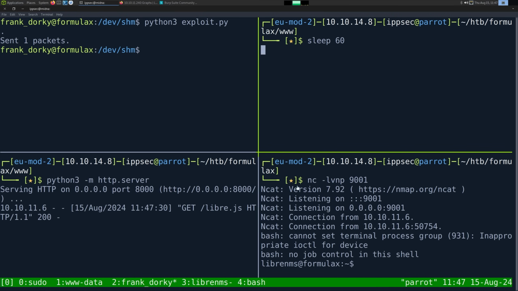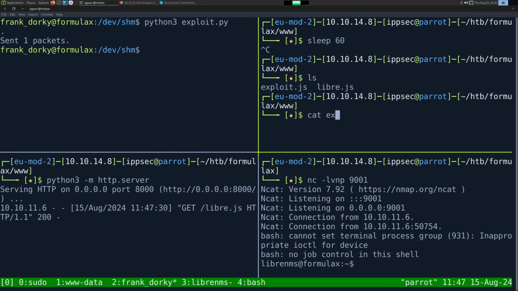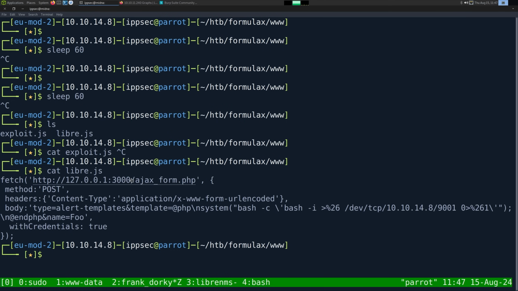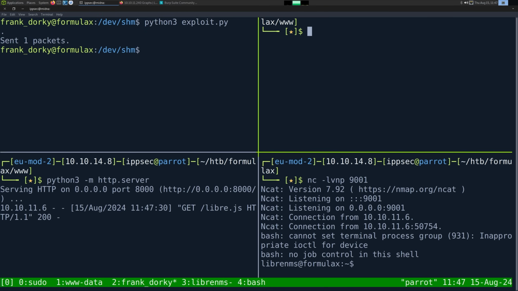And we have a hit. So apparently, for some reason, we had to hard code the fetch. I don't know exactly why we couldn't just do /ajaxform. Maybe it was actually making a request to my box. Maybe that's possible. Not exactly sure what was going on there, but when we had it with the correct host, it all worked. So now that we have a shell on the box as LibreNMS,